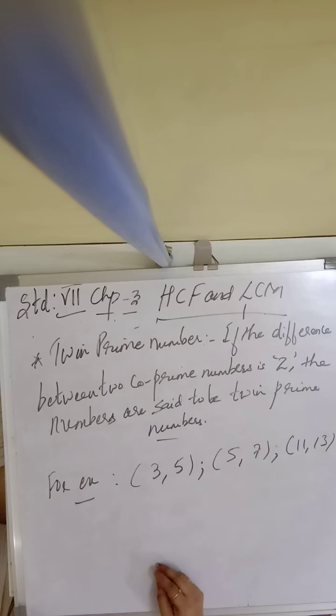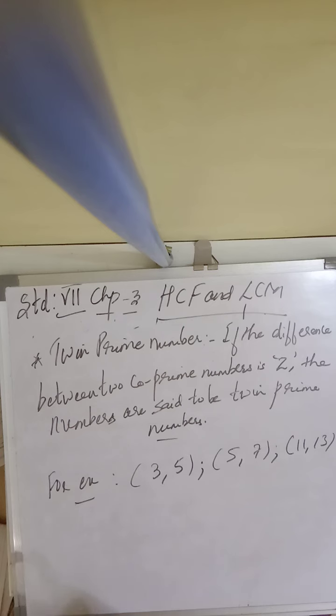And now practice set 10, which is based on this concept. I'll be solving it and sending you the PDF in the group, so that you can copy it down. Otherwise it is very simple, but still I have explained everything. Those who want, you can start solving, or else you can copy from the solution I am sending. Clear, children? So now in this chapter we have learned prime numbers, co-prime numbers and twin prime numbers.